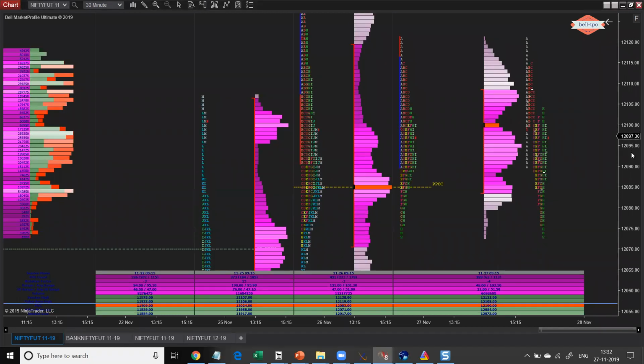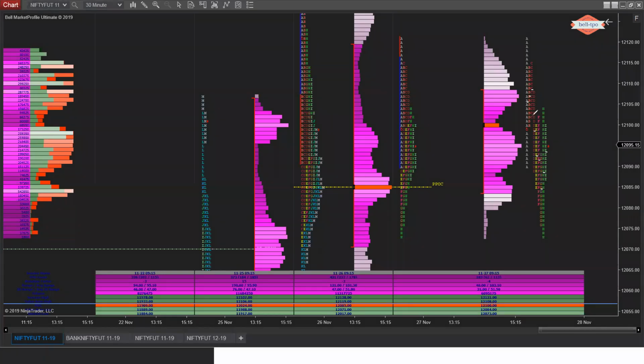One of the halfback reference levels, which we keep on talking about, is in the early morning we had seen that the B period is a weaker one, and we also saw that the C period went up exactly from the halfback level. So a lot of trading money started trading on the upside initially, but later on the trading money started trading on the downside. Like you see that the D period low and E period and G period highs are exactly at the halfback levels,